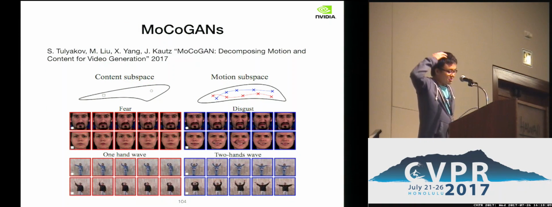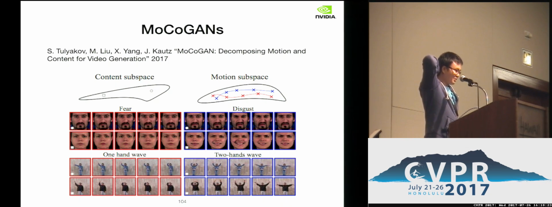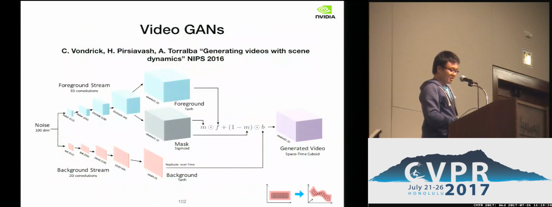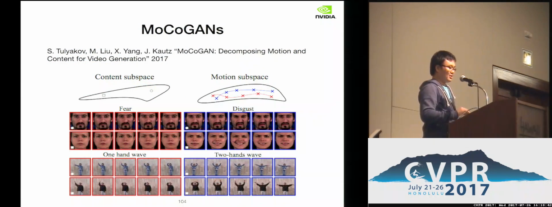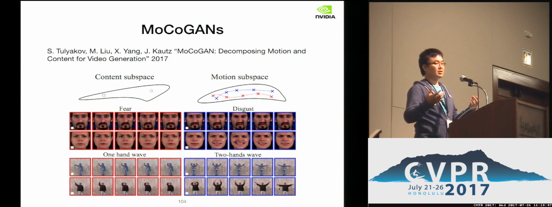So we started to look into the problem, and we started to think about what we can do to make it better. This is a paper we recently published to arXiv. Basically, we try to model the latent space differently. If you remember, in the earlier work, they put each point in the latent space as a video clip. Here we consider a different formulation where we decompose the latent space into two parts.